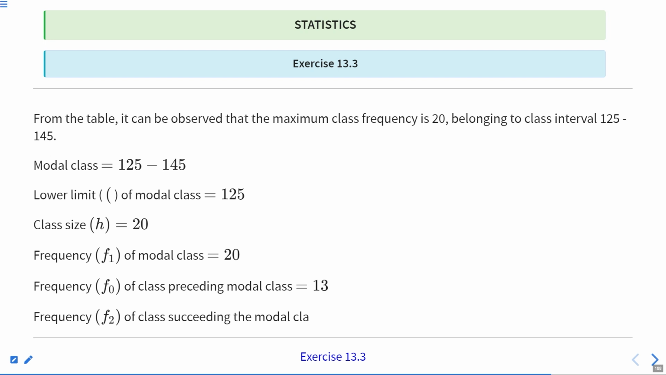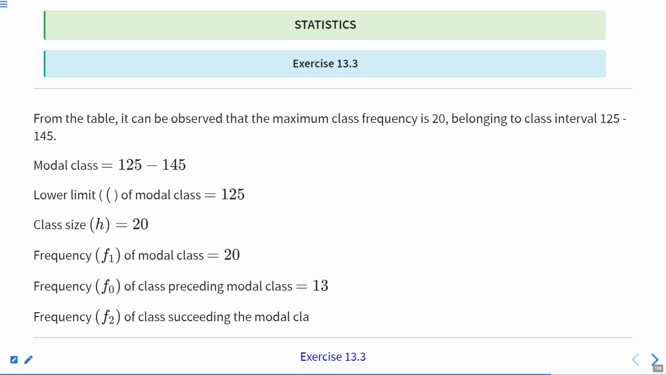Okay, and now from the table it can be observed that the maximum class frequency is 20. So if we observe the table, the maximum class frequency is 20, and this frequency belongs to the class interval 125 to 145. So here the modal class is 125 to 145. So the lower limit of the modal class is 125. Okay, and class size h is equal to 20, and frequency f1 of the modal class is equal to 20,